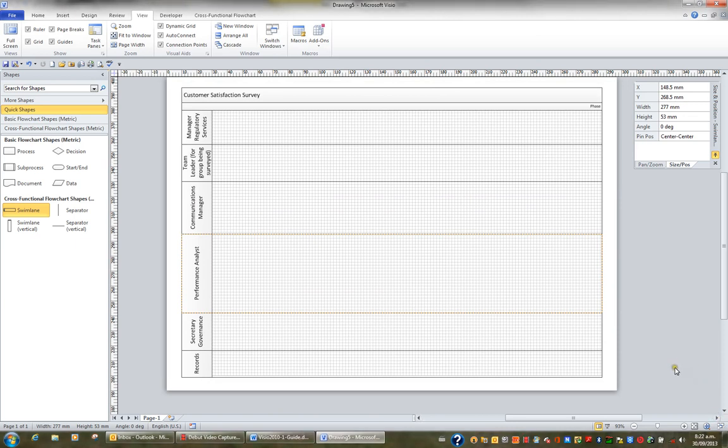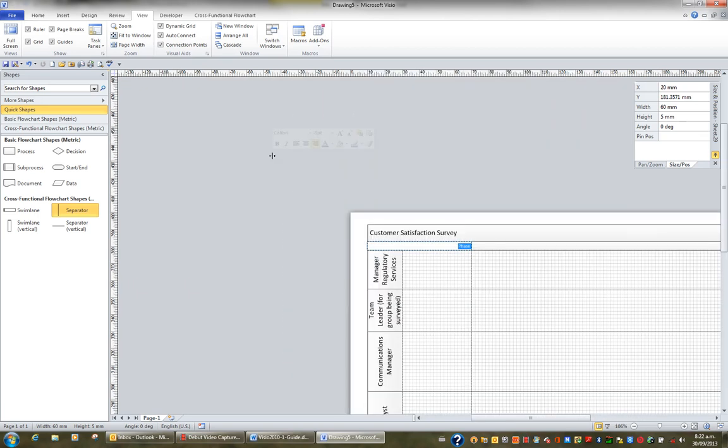And that might make it easier to work with this very, very busy cross-functional flowchart, in some ways too busy. Now what we have at the top here is something called a phase, and I'd like to add more phases, or what they call separators. On your stencil you have a shape called separator, and I'm going to drag the separator onto my page and put it about here. I'm then going to click on the text phase, press F2 and add the text,